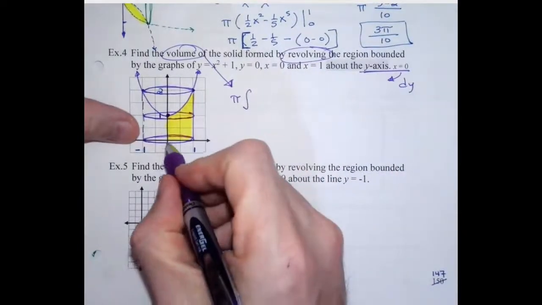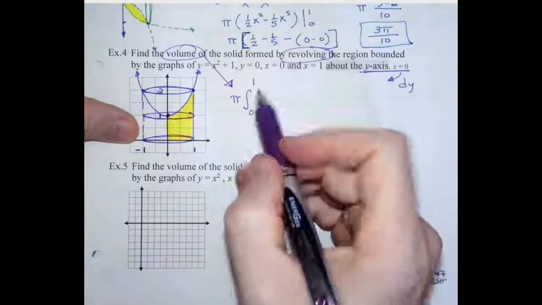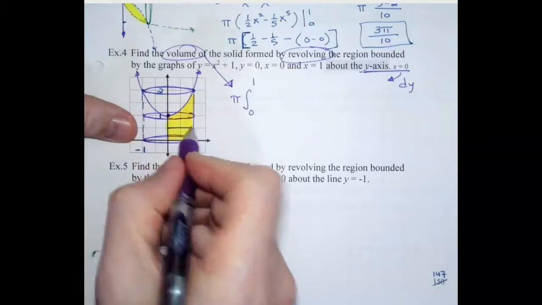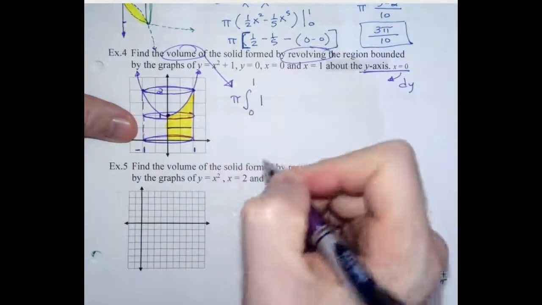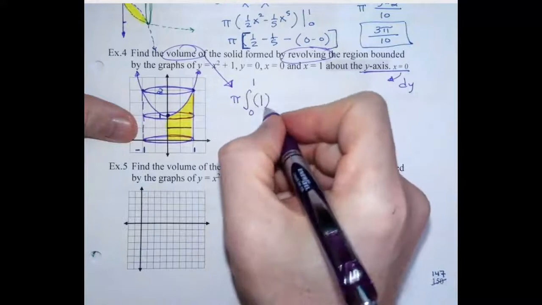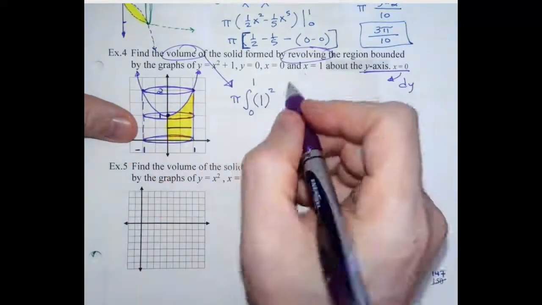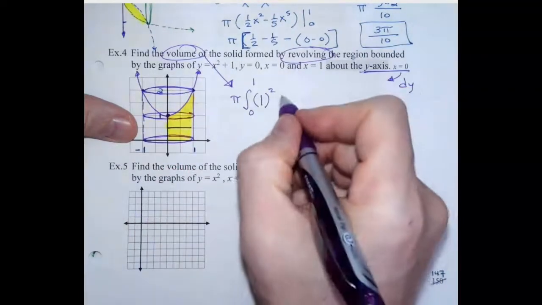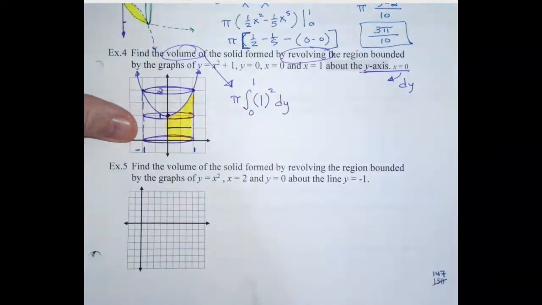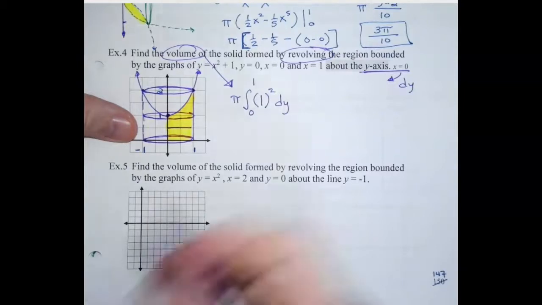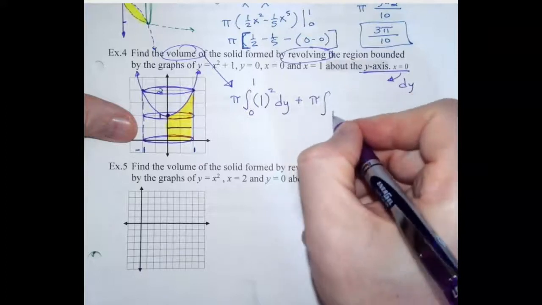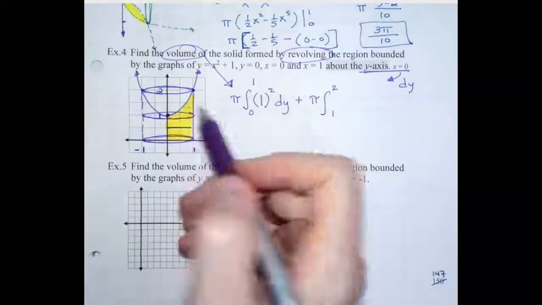so from 0 to 1 on y, we're going this way, well there our radius is just 1. It's just a cylinder. We could just do the volume of the cylinder right there. Pi r squared h. R is 1, h is 1. Anyway, so we'll get the same thing, that's fine. Okay, then when we get to the next section, we're going to go from 1 to 2, and now we